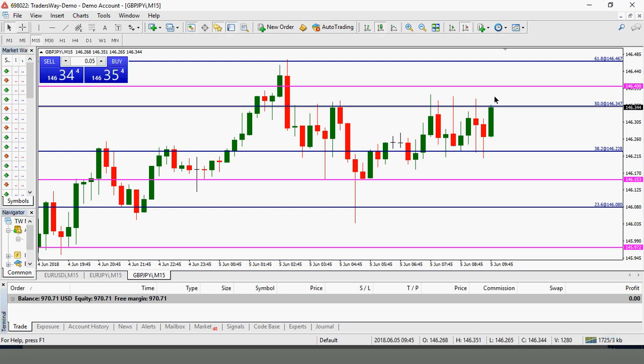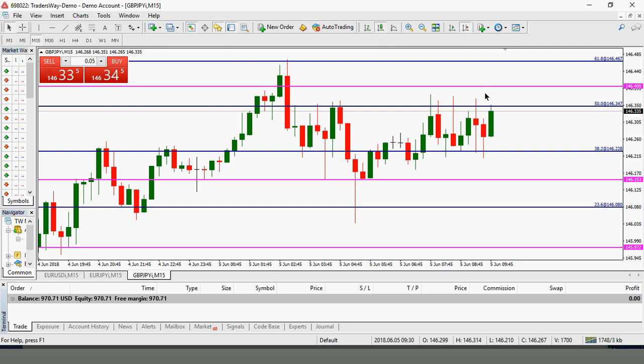So the current consolidation area is 146.347 and also 146.228. So I'm looking for a breakout of resistance of at least 10 pips